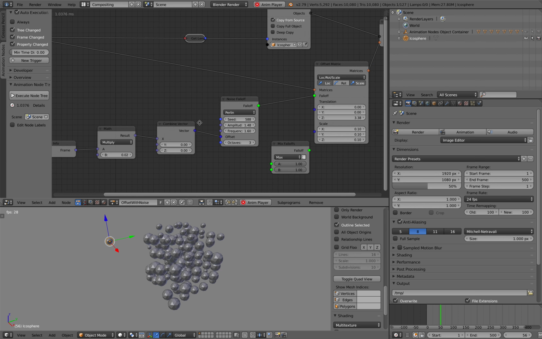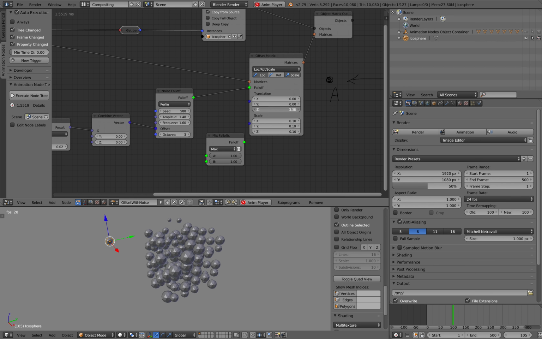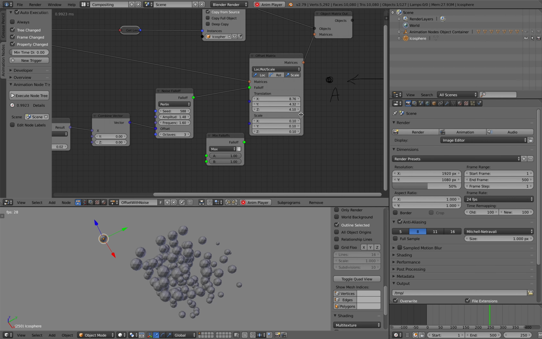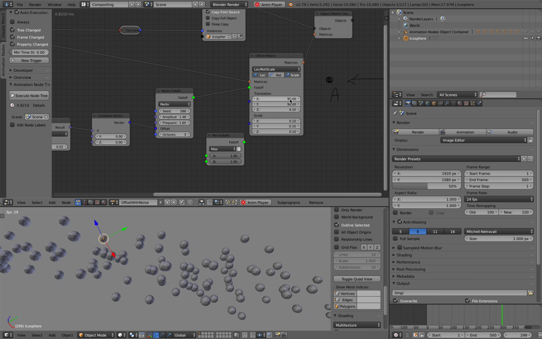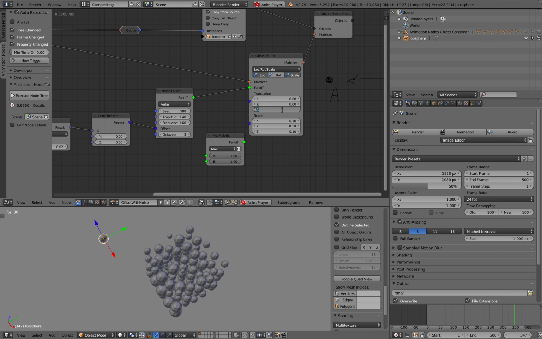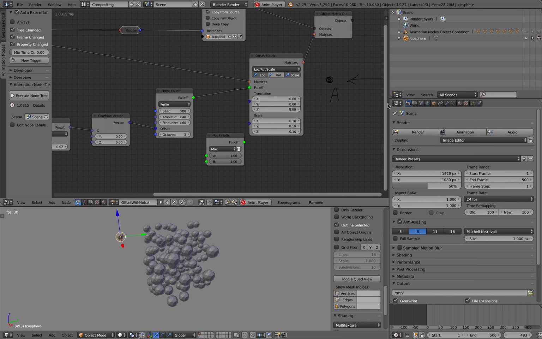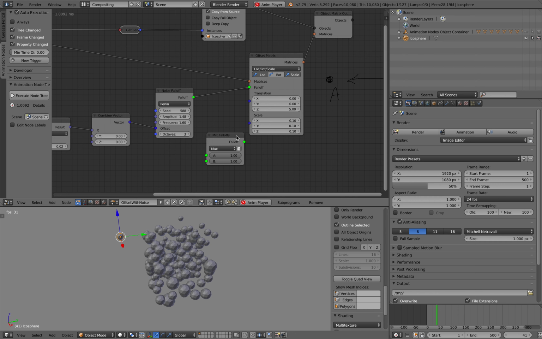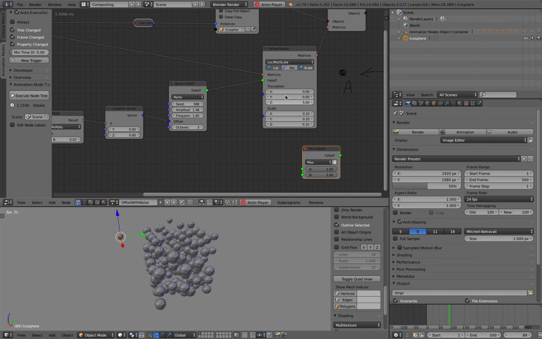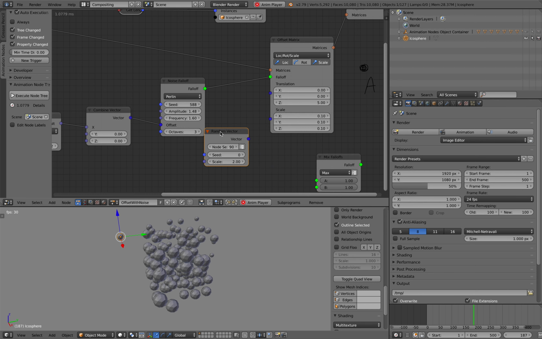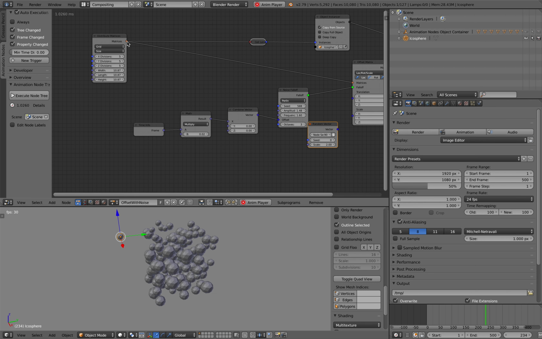Okay, so that's definitely more manageable. Okay, that's pretty interesting. It's only got like moving ups and downs. It's nothing really particularly exciting. Although with the translation, you can also use like random vector and the size based on